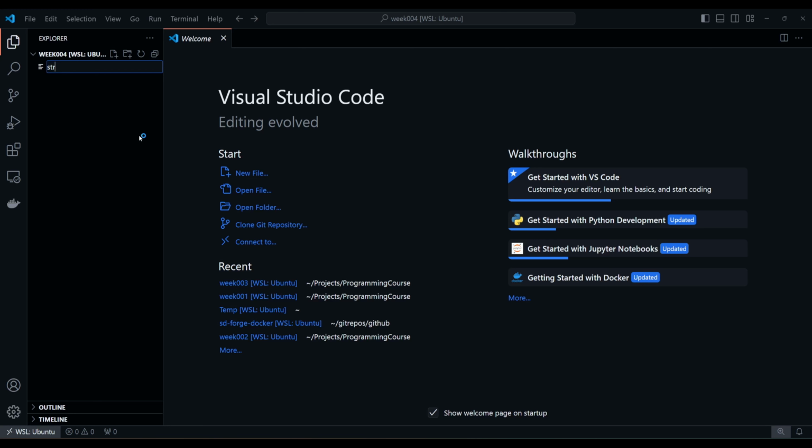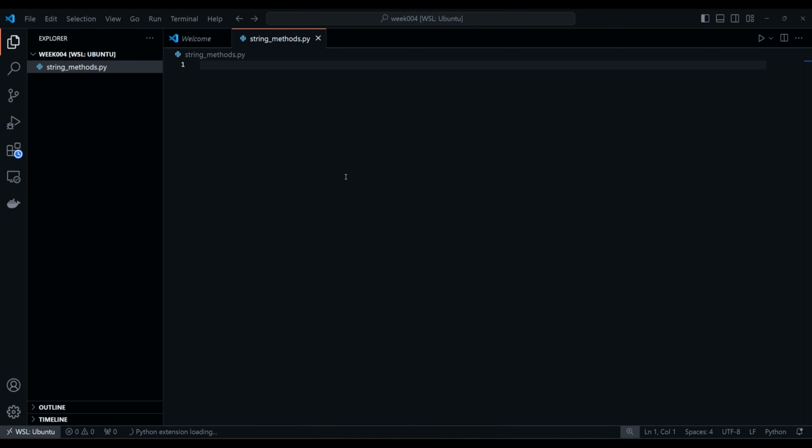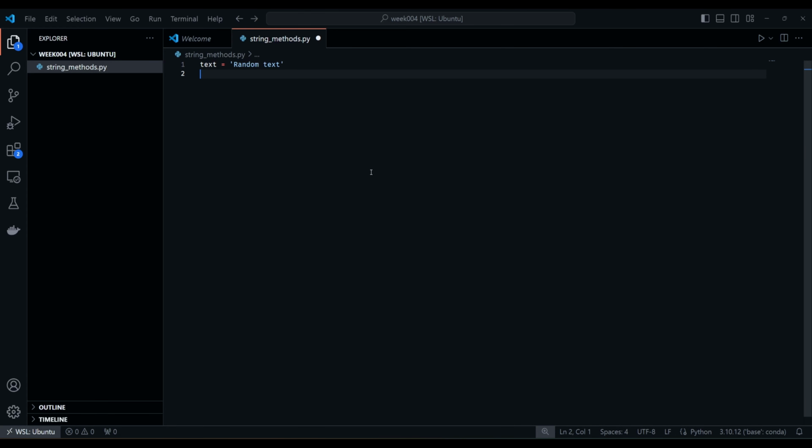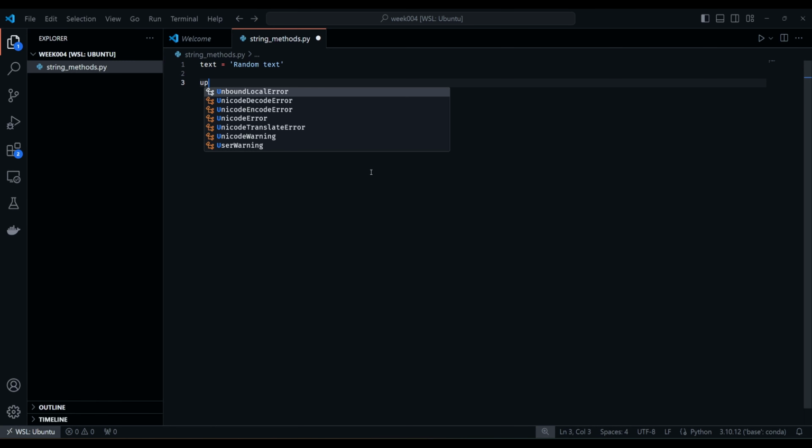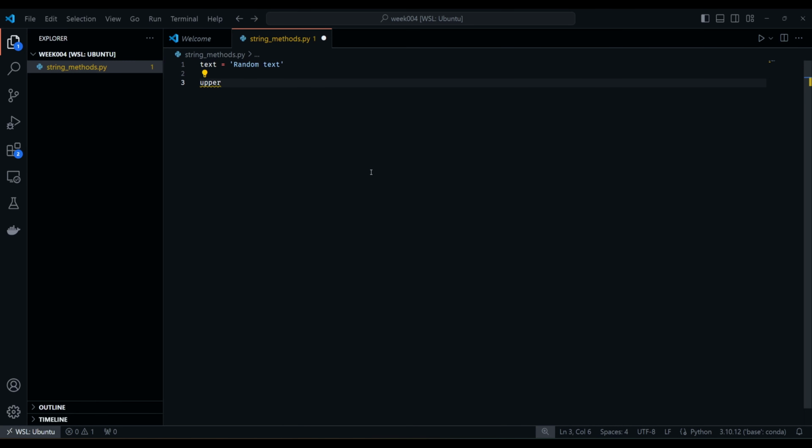So I'll call it string_methods.py, and let's create some string. Basically I will just go over the same stuff that is on the website, but I'll type it myself today to make it a little bit slower than usual. So we can, for example,